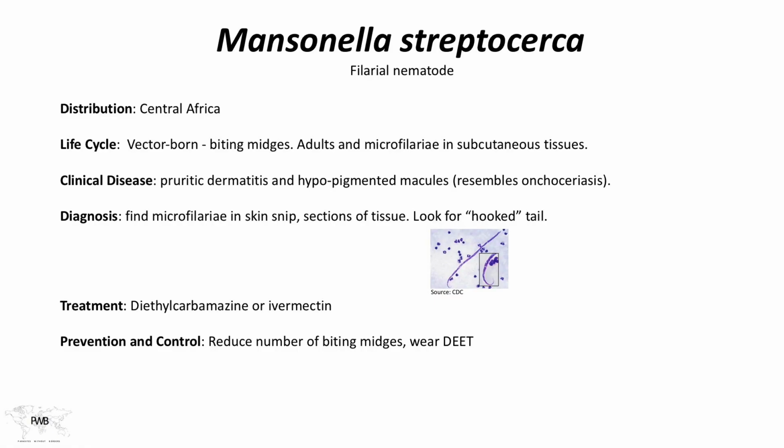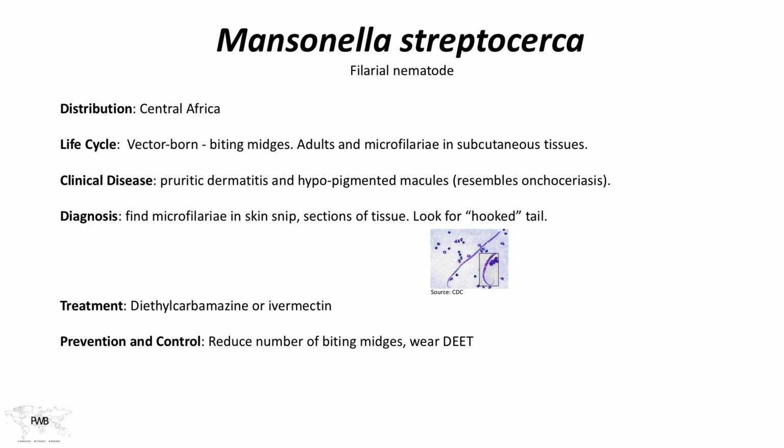Diagnosing this infection is made the same way as you would find the microfilaria of Onchocerca, namely in a skin snip. In this case, the microfilaria has a little bit of a hook on its tail, as illustrated here, and that distinguishes it from the S-shaped microfilaria that was originally identified